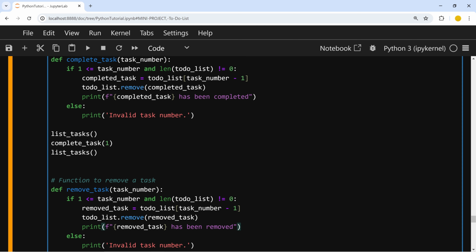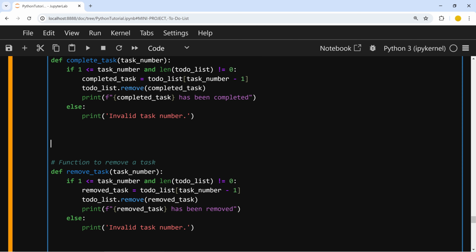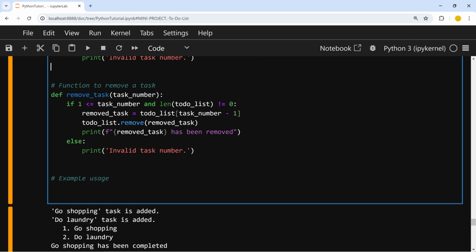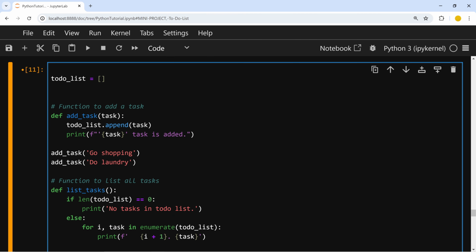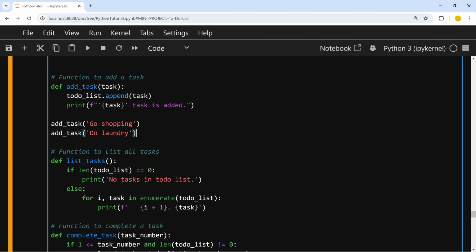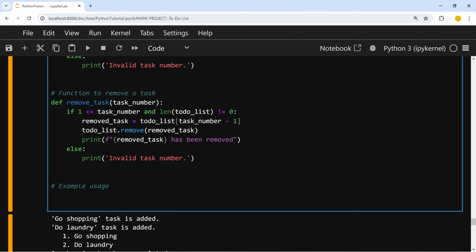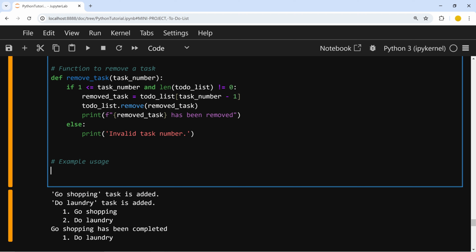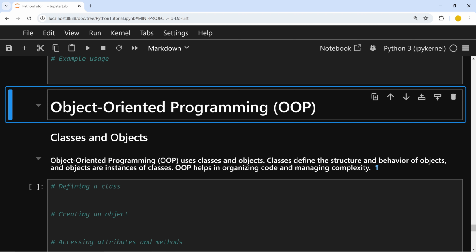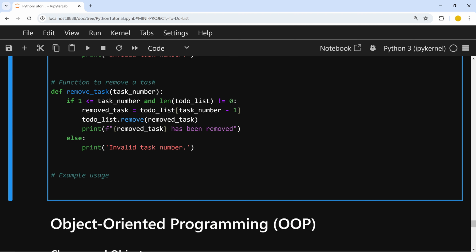Okay, now I'm going to delete all the function calls, and I will call them at the end of the cell as an application. Okay, let's also delete those. We have 1, 2, 3, 4 functions. Now let's call them. Let's run this cell first to clean the output, and after that, let's start calling those